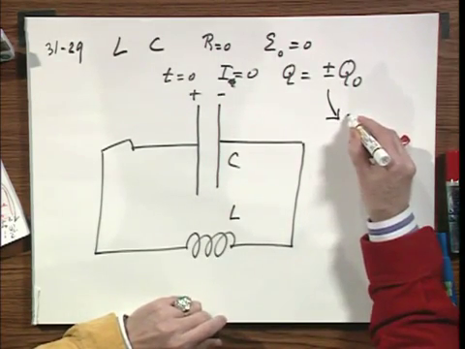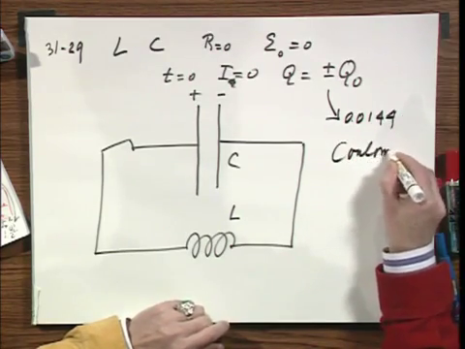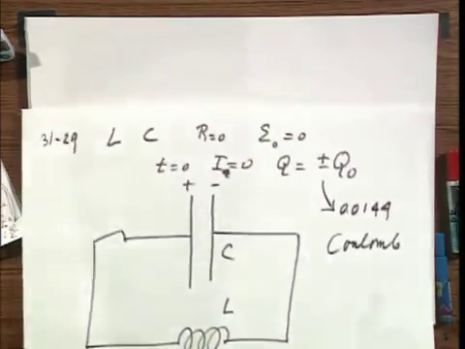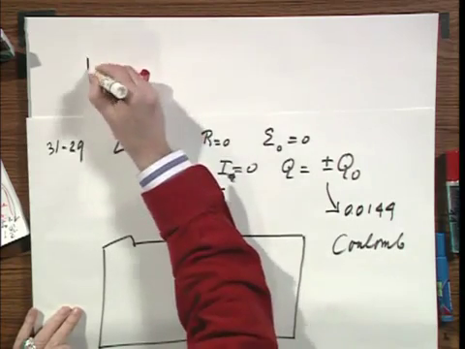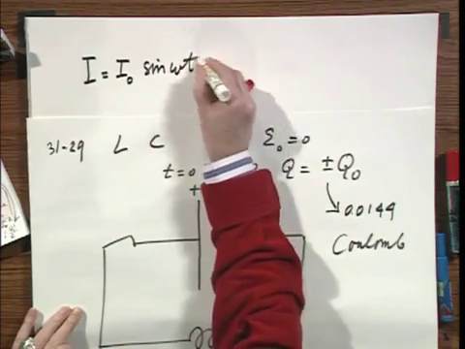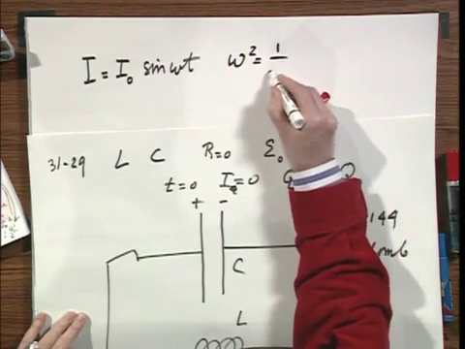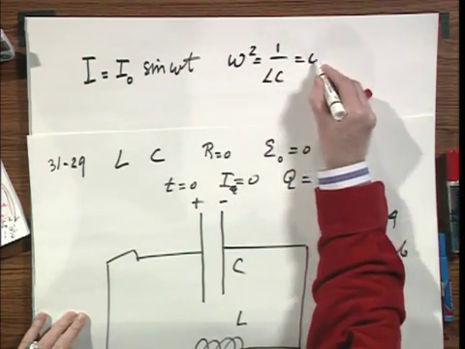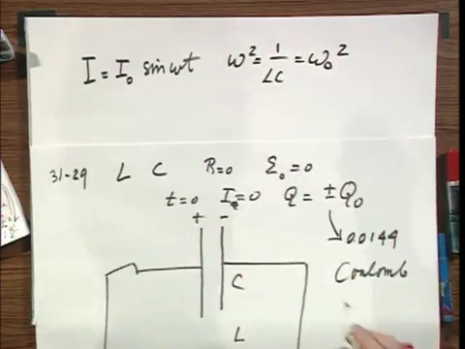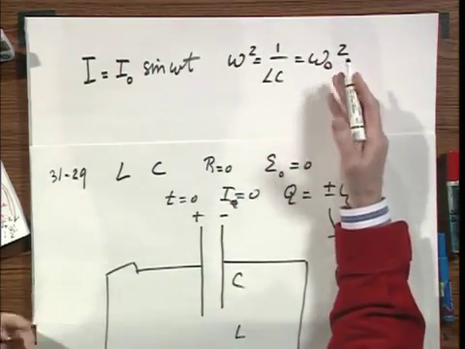This value, as you can calculate, is 0.0144 Coulomb as the whole process starts. Well, in order to meet the initial condition, I equals I0 times the sine of omega t, the phi is 0 here. Omega squared equals 1 over LC, which is omega 0 squared, because notice there is no resistance, so this is the frequency at which the system wants to drive itself, but there